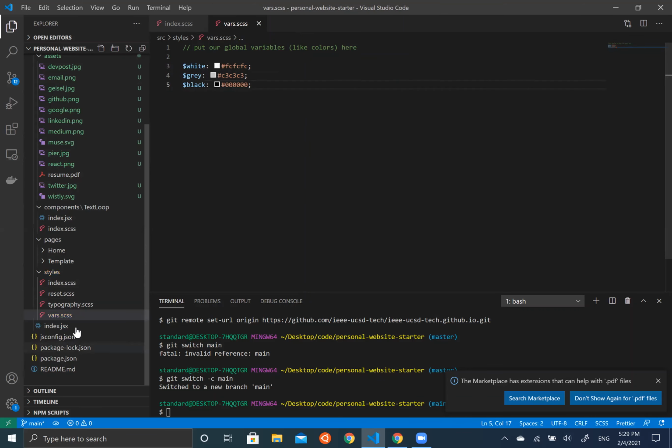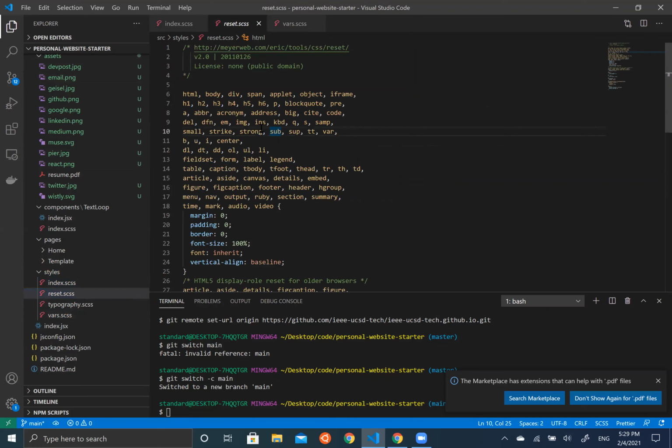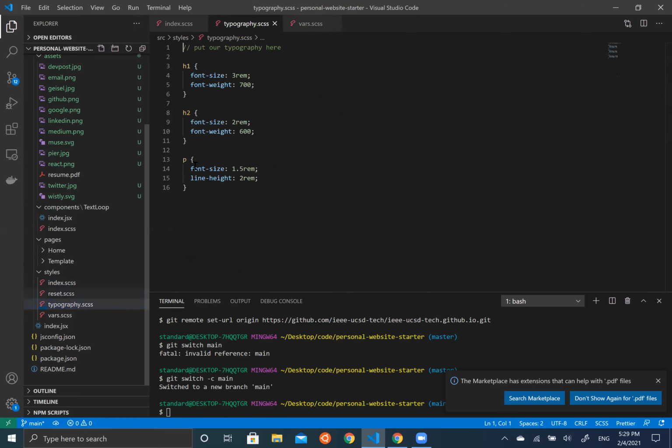If you're wondering why we have so many different styles, index is kind of the base, and this is basically what Create React App does by default. Reset is just a utility CSS file. This is a public domain file, which basically tries to minimize any possible differences between browsers, because different browsers may have different default styles for certain tags. And then typography is